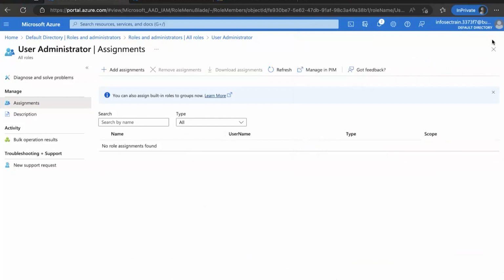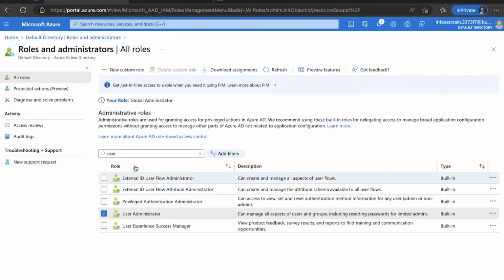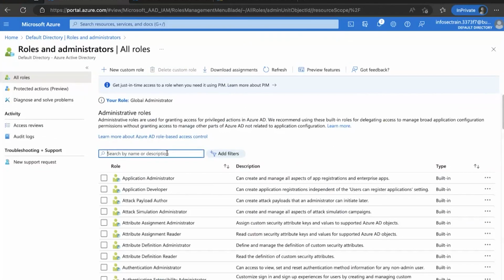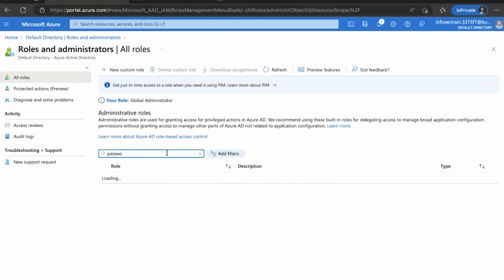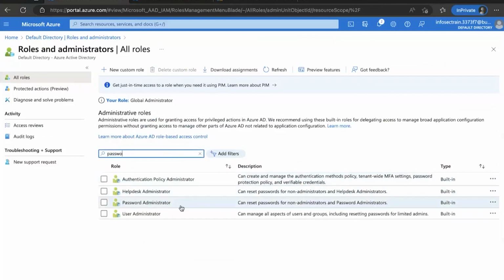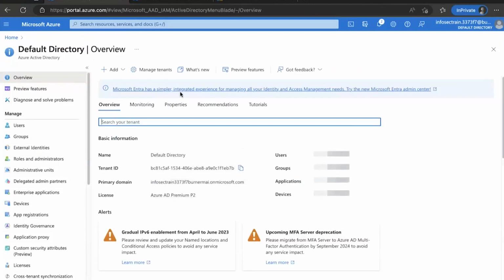Now, not only this, but there will be roles like password administrator. This password administrator can reset the password for non-administrators and password administrators as well. So these are the different roles at the AD level that you can assign to your users, with which they can surely work ahead, right? So this is one of the paths that we have over here.